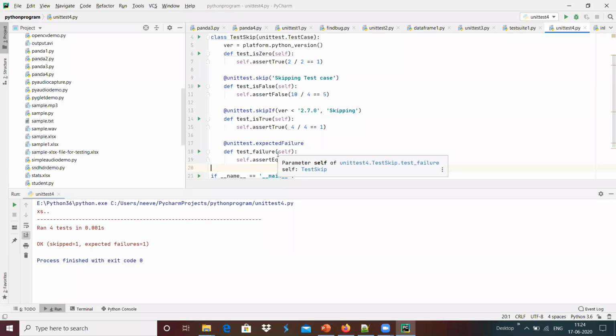This expected failure may be needed, for example, when that module functionality is still in development, or when that particular failure was already found during previous testing and still was not fixed by the developer. In that case, we can mark that test case as an expected failure, so that it runs the complete test cases in the system.